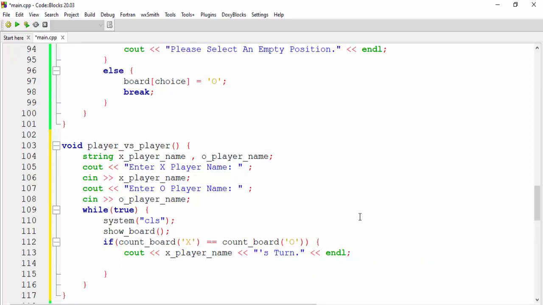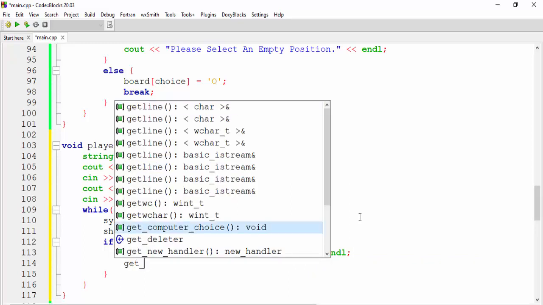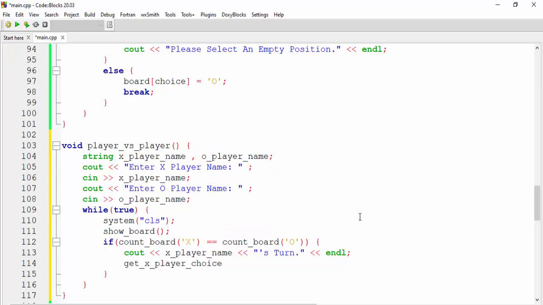After printing the turn, we will call our get X player choice function, so it will get the choice.